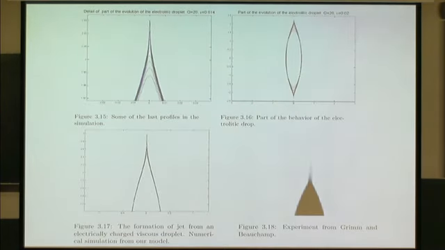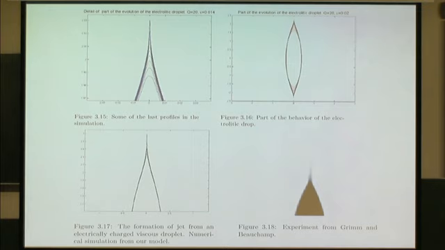What you get is that instead of developing cones, you have something smooth, and a jet emerging. You can see the jet here and here, and you can compare with a close-up of an experiment. So the chemistry, the fact that you have not an infinitely conducting medium but a finite conductivity inside the medium due to the distribution of ions, produces a regularization, scaling the singularity, and the way to cure the singularity is by producing a jet.